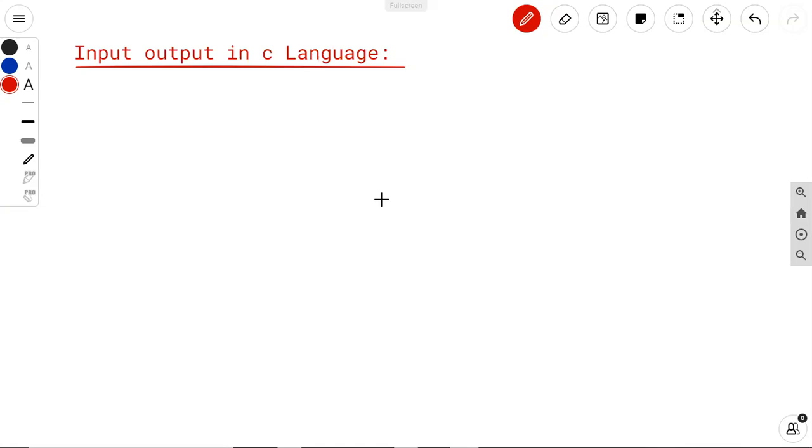An output function will print the data, information or message on the screen.